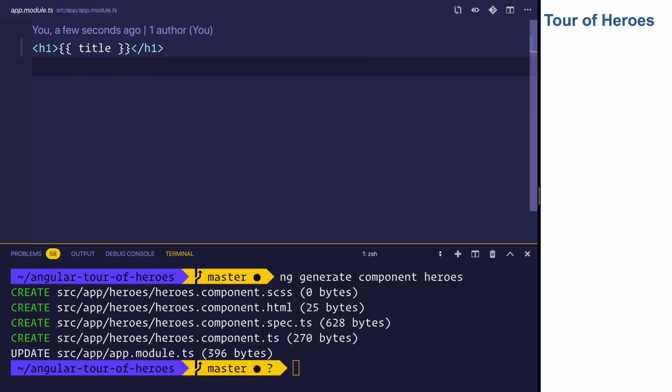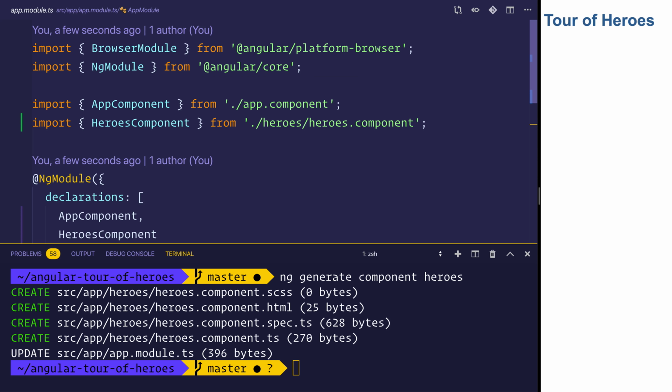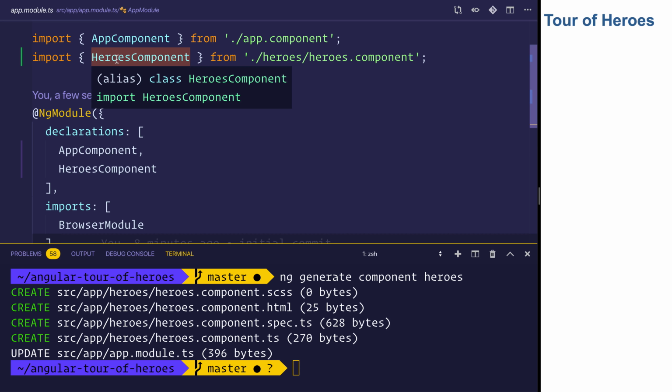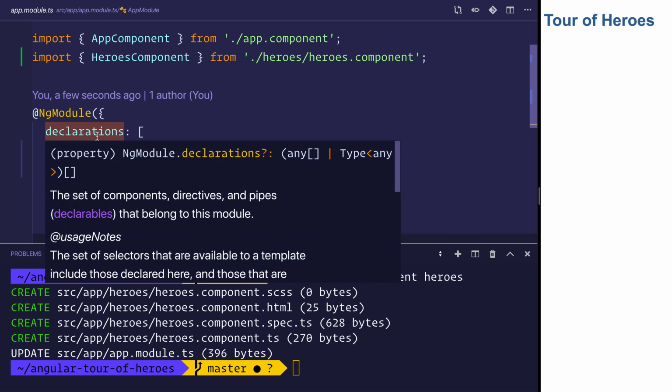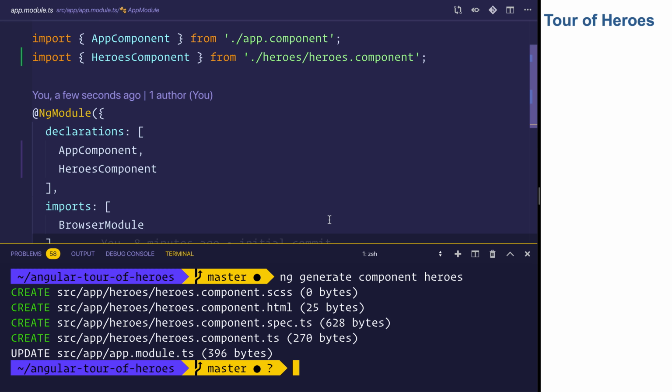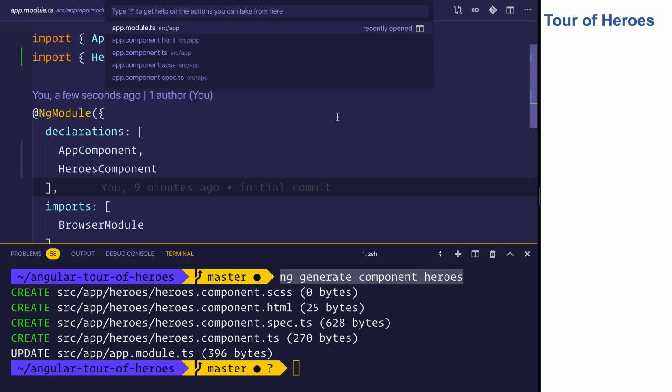And if we take a look at app.module.ts, you can start to get an idea that when we add these new components, it's adding them to this declarations array. Once again, we don't want to worry too much about app module yet because we're not there, but essentially what you can see from this is that we're using the CLI to generate components. We don't have to make these components ourselves. Let's head over to our